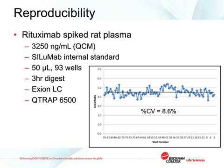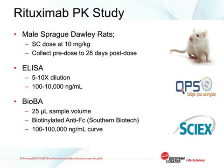But Dr. Moore also wanted to take this into more of a real-world scenario, and so for the next test, he used a Rituximab pharmacokinetic study, where male Sprague Dawley rats were subcutaneously dosed with Rituximab at 10 milligrams per kilogram, and blood samples were taken prior to dosing and at various time points up to 28 days post-dose. This rat testing was done at QPS, and they also did an ELISA analysis of the rat samples,